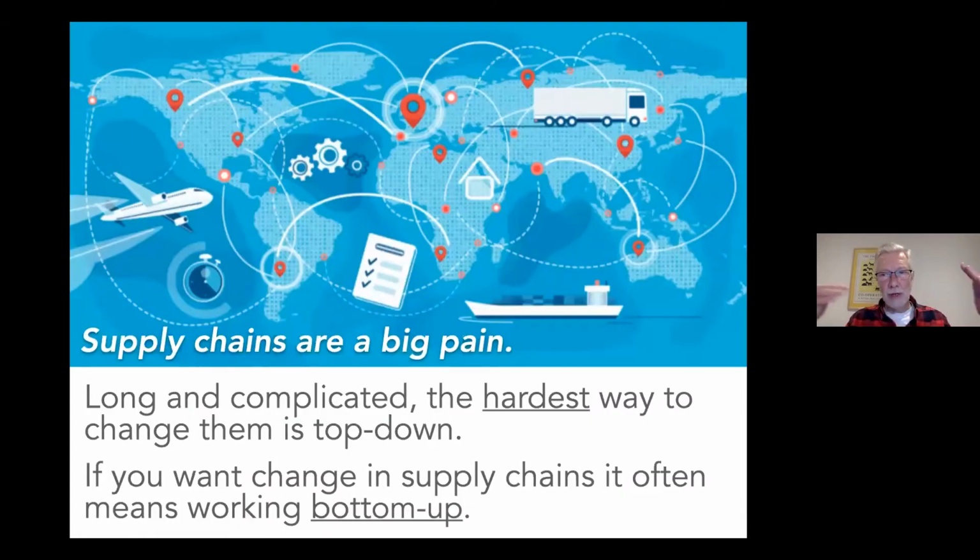Now, all of these things, both the people and the products, are coming along these long supply chains. And I think it's just important to understand that supply chains are very long and they're very complicated. And one of the things that's a real challenge is that those of us who buy things and use things and eat things that come through the supply chain, that chain has a complexity to it that is very hard to see if you're standing at the cash register, right? If you're standing at our end, if you're the final recipient of whatever that thing is that's gone all the way around the planet. And one of the things that we have to understand, which is a little bit counterintuitive,